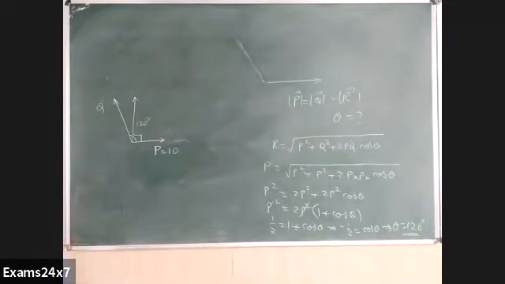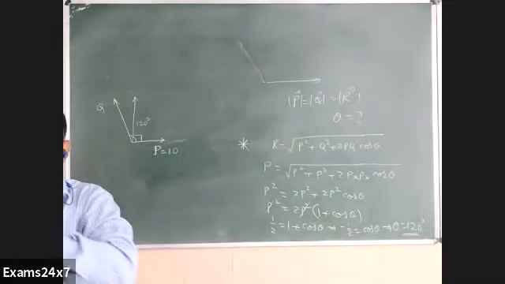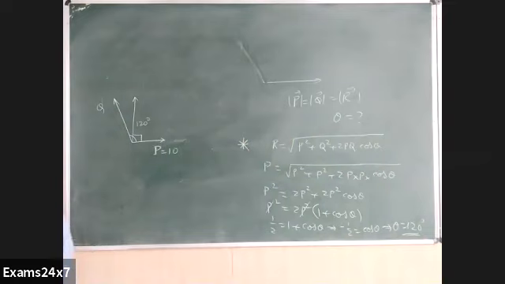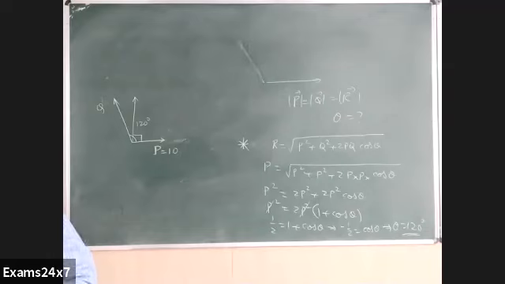Now this is a very important result. You have to keep it in mind till you write the final exam. Two vectors, don't write, two vectors of equal magnitude will have their resultant same as the individual value itself, provided angle between them is 120 degree. So you don't have to calculate here afterwards. If they are equal in magnitude, angle is 120. Simply the answer is the given value itself.